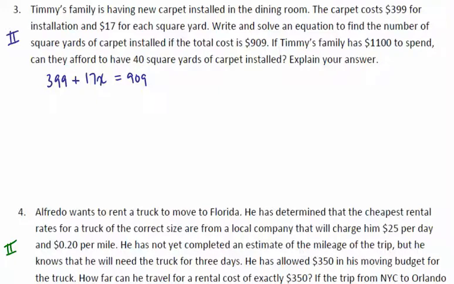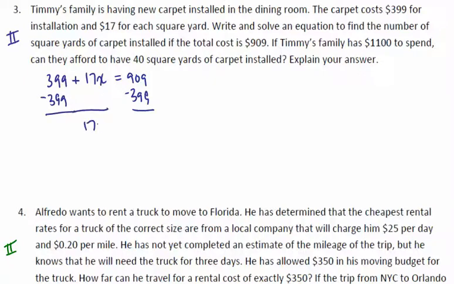So these types of equations are very similar. We have a one-time amount, the installation, which is once for the whole job. Then we have the per square yard fee or charge, which is for each square yard of carpet installed. Then to solve this, we're simply going to subtract $399 from both sides,